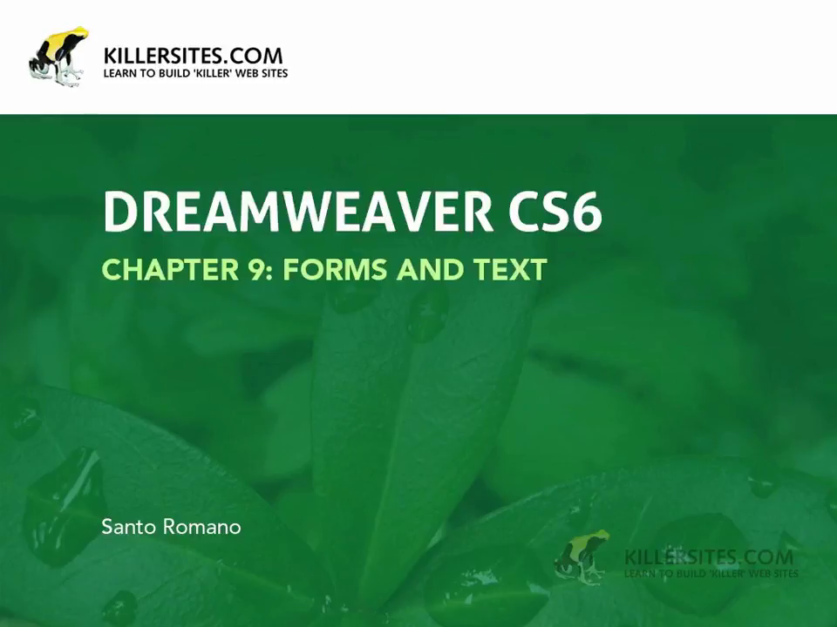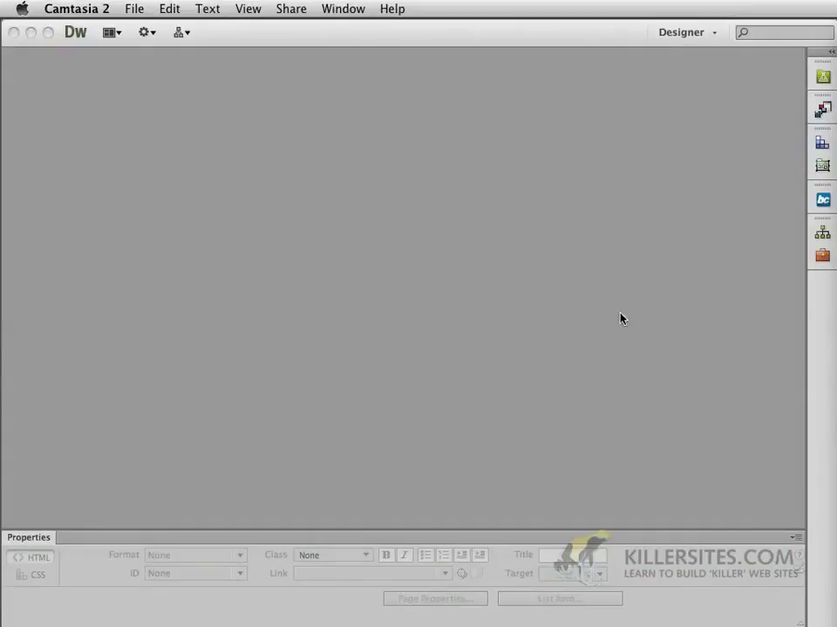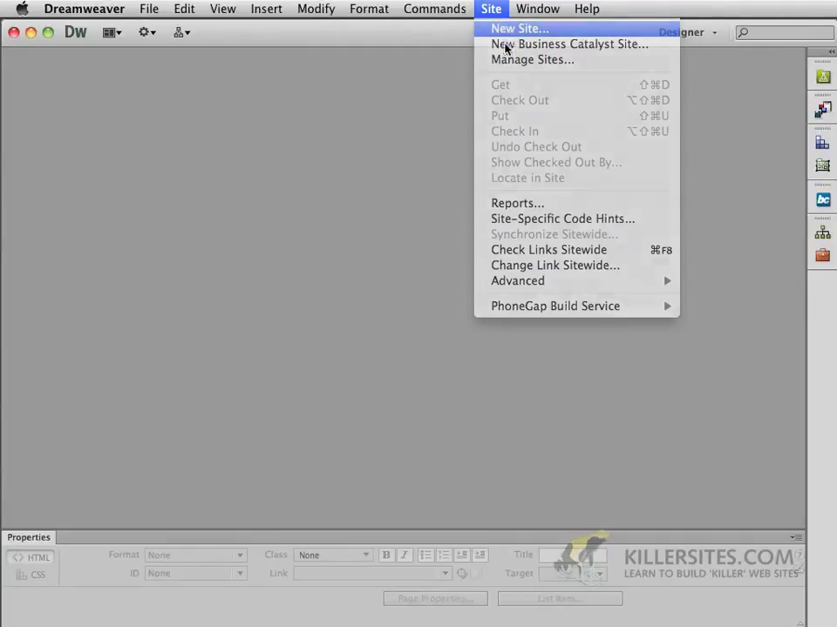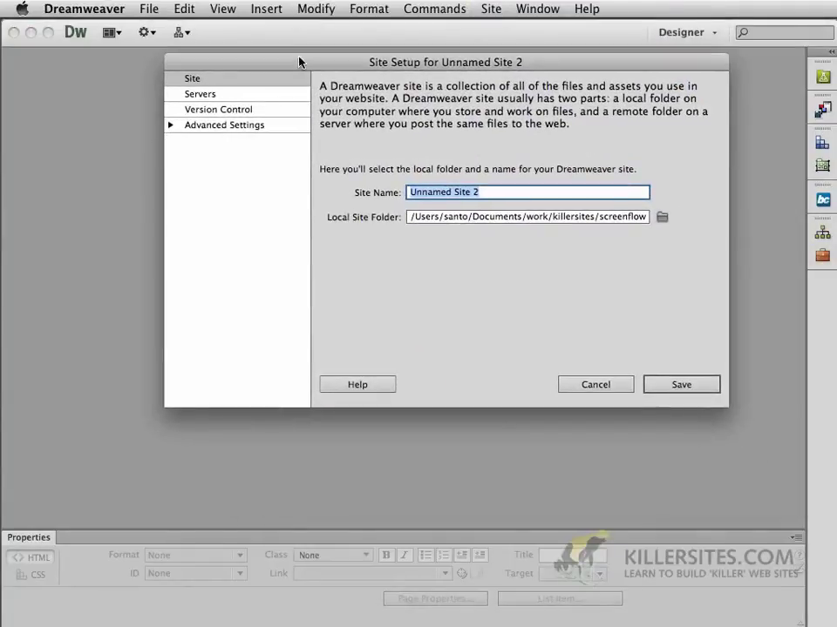Next thing on our list is to style the form element that we want to include on the contact page. So let's get started by going to our site, and we're going to create a new site. We'll call this one Chapter 9,